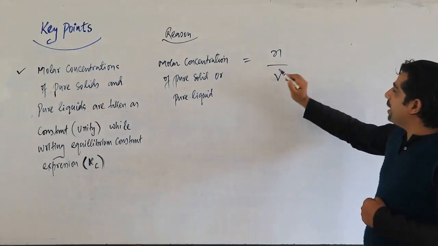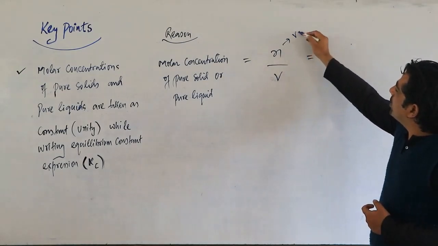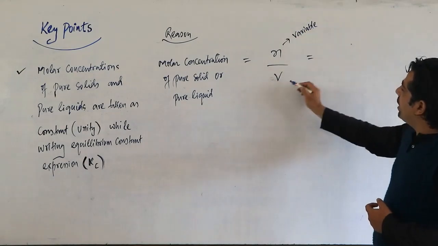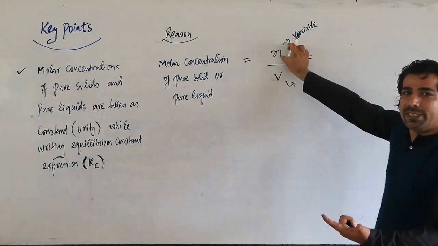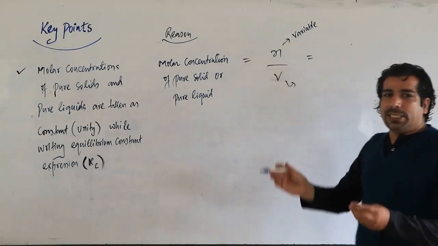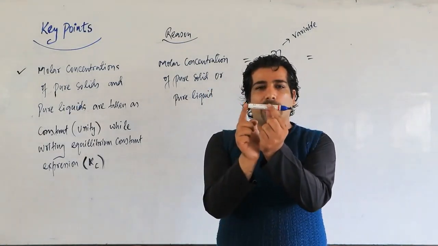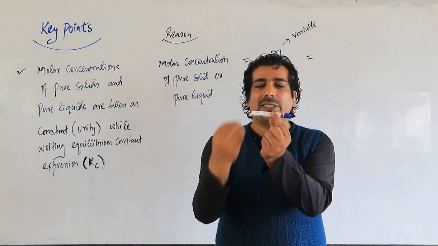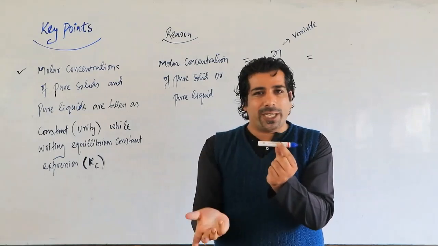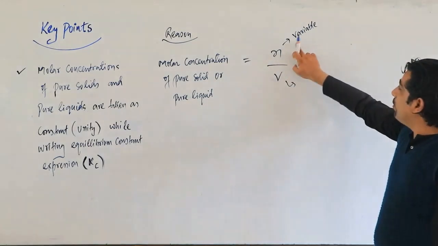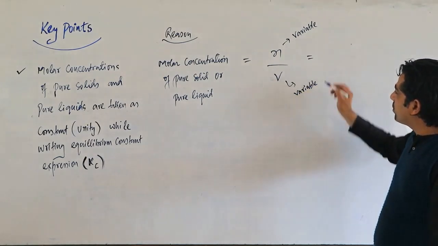Okay. So let us suppose this n is changing, so its variable number of moles will change. And here also, when the number of moles of solid or liquid changes, then the volume will also change. Let us suppose this marker is the solid with me. If this solid is changing, if its quantity or amount is changing, then the volume occupied by it will also change. So obviously n is variable and V is also variable here. Volume is also changing. Correct?